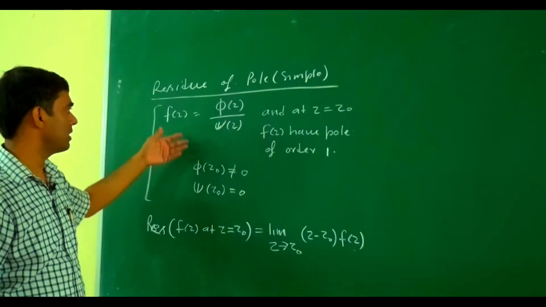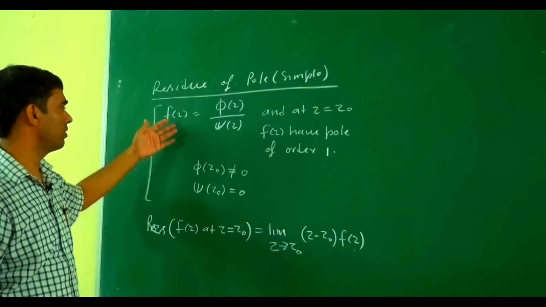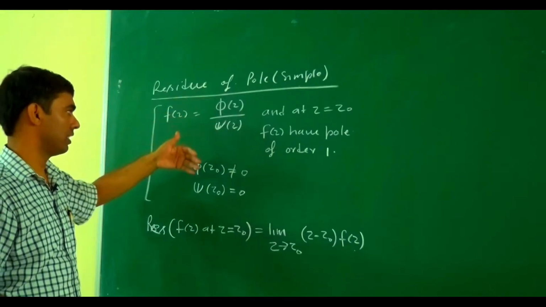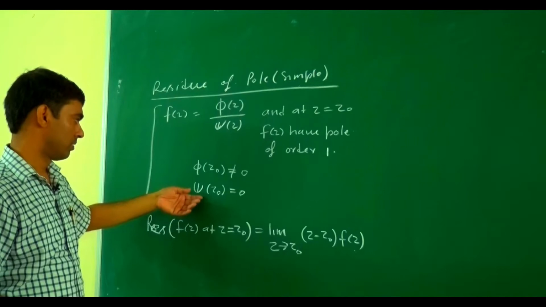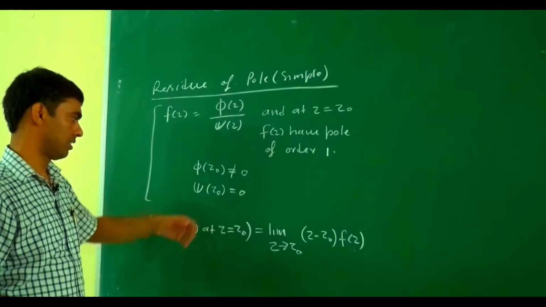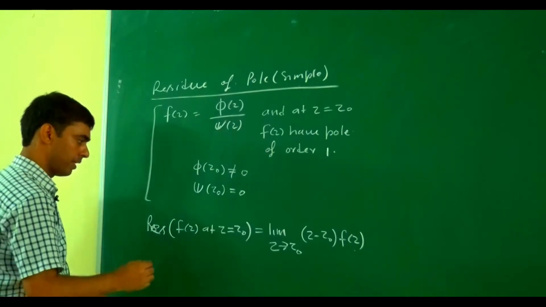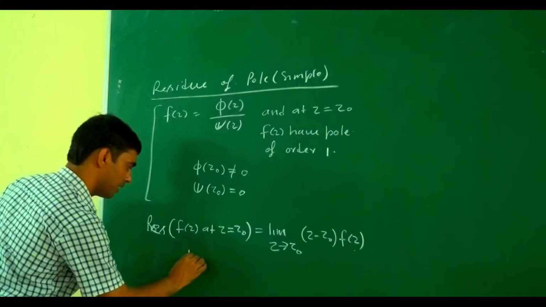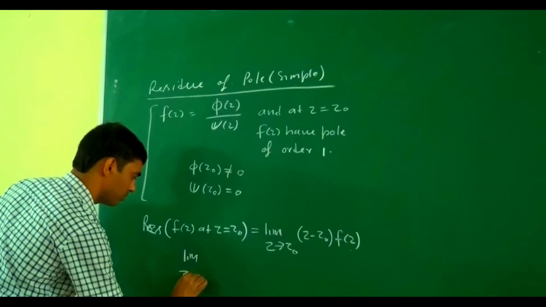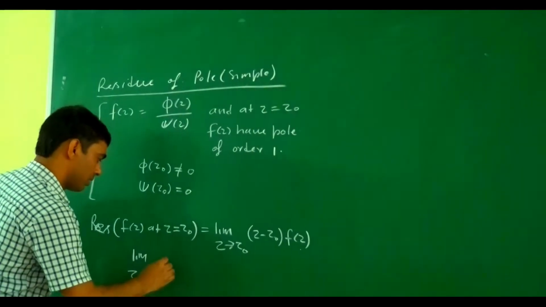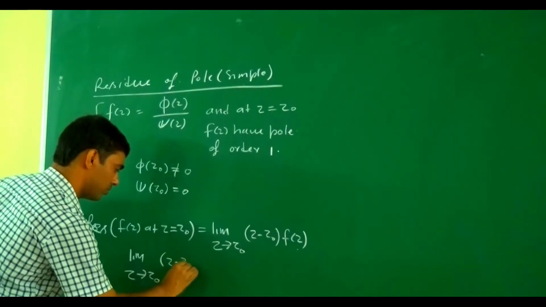So if f(z) is phi(z) upon psi(z), with phi(z0) not equal to 0 and psi(z0) equal to 0, we write the limit as z tends to z0 of (z minus z0)